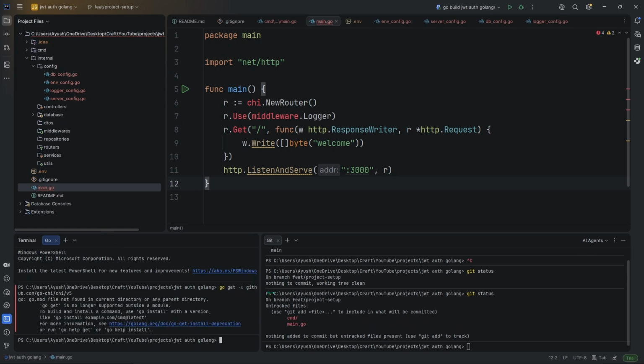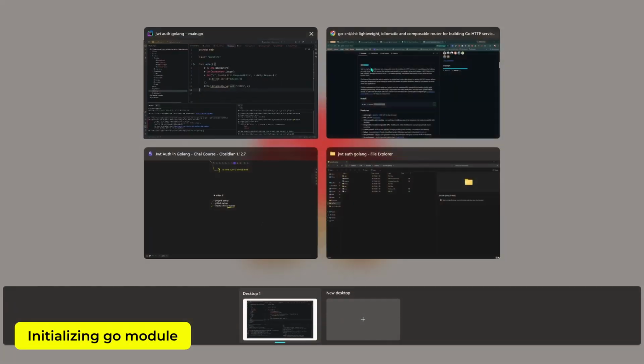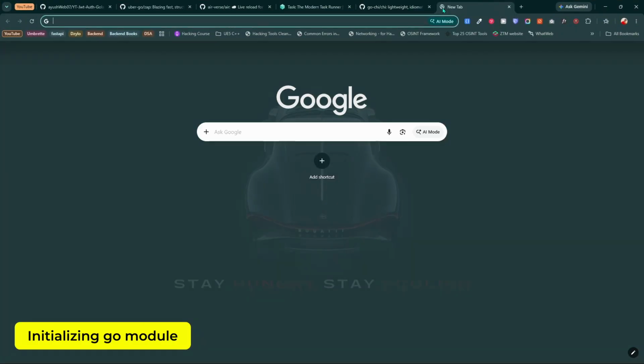So you see we got an error which is saying that go.mod not found, right? What happened is that to use any packages, you have to create a go.mod file which will initialize this as a package. So for that, let's see what the command for it is. So go mod init,